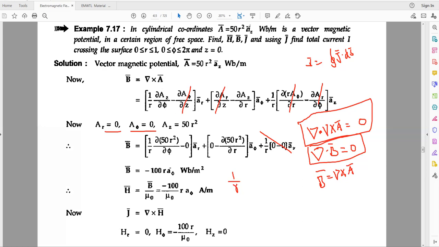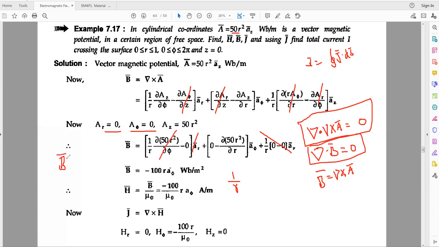What is the AZ coefficient here? It is 50 R square, and with respect to φ this value is also 0. There is no AR coefficient either, and only one term remains, because AZ with respect to φ gives R only. And here ∂/∂R of AZ means the AZ coefficient 50 R square with respect to R, 50 into